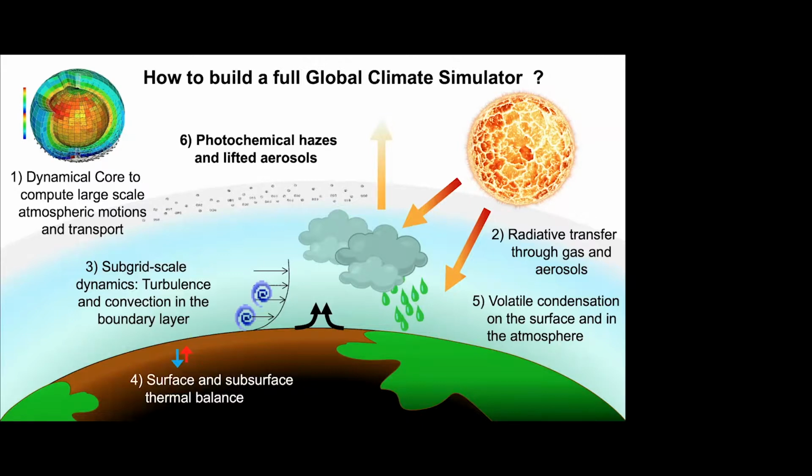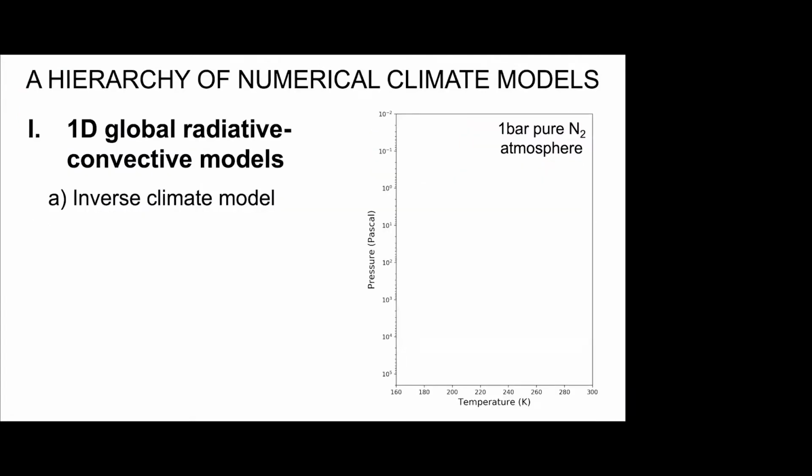If you are able to include all these components together in the same model, then you can start to simulate on the computer, as closely as possible, the way a planet will potentially behave in reality. So this is really what you want to do. But in practice, in the literature, there is a wide range of different types of numerical climate models. It's sometimes hard to tell the difference between one paper discussing one climate model and another. So I will try to review with you the hierarchy of numerical climate models of various degrees of sophistication and complexity.